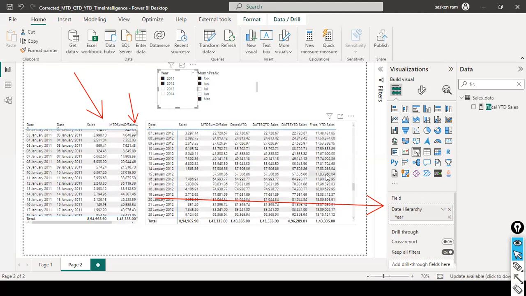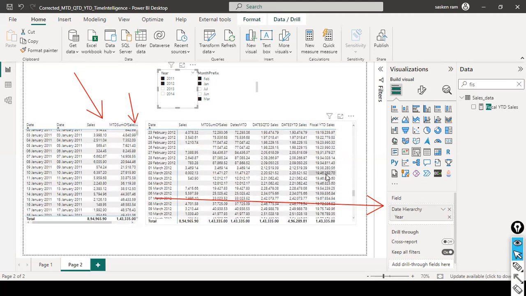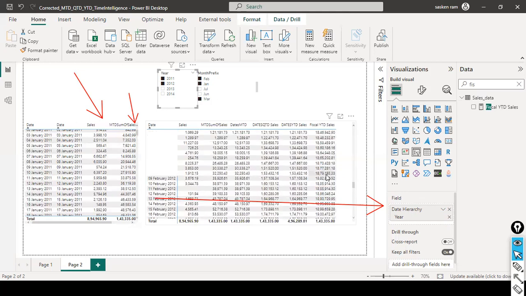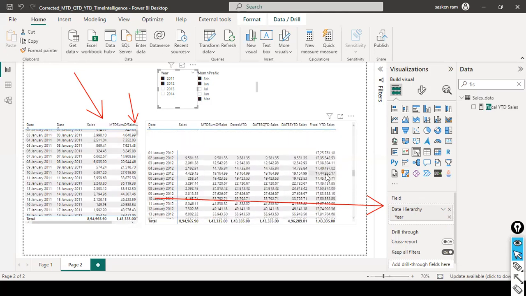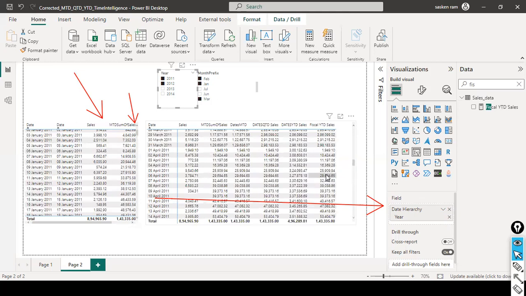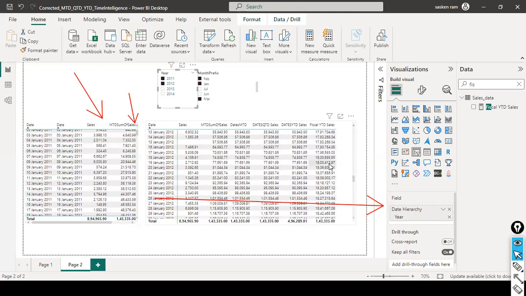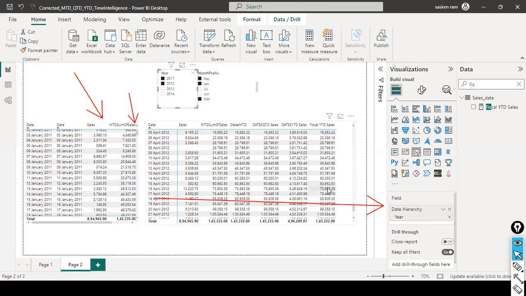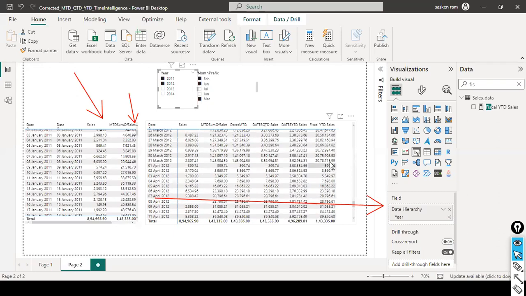Up to March 2011, 31st March 2011, and 1st April 2011 it started, and then in March 2012 it should reset. Look here, we can see the increased value. Up to this point, it was doing the cumulative total,